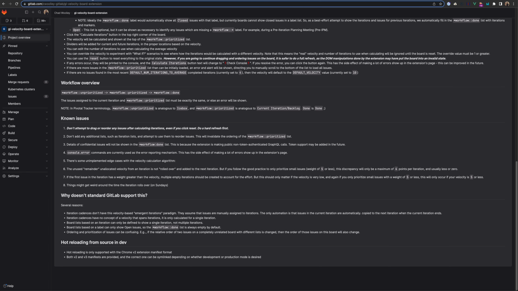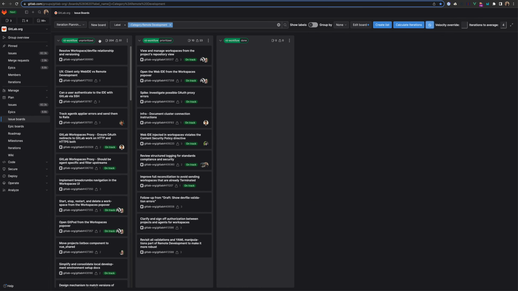So that's why we're going to have to work with this pretty strictly. These are the 3 labels. This is the only board. We can't show any other lists to drag around things on this board or on any other boards, or that will mess up the prioritization of these lists, the ordering of these issues in the prioritized list, which is the